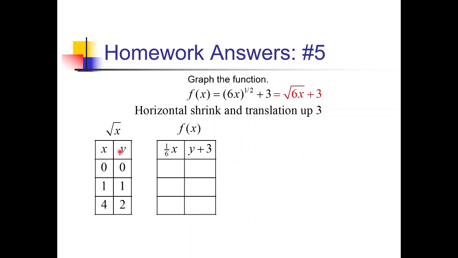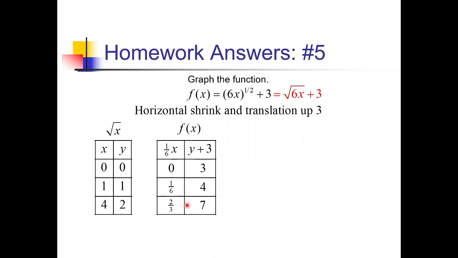So 1/6 times my x values, we've got 0. 1 becomes 1 over 6, or 0.17 if you want. And then 4 becomes 4 over 6, or 2/3. Adding 3 to my y values, 0, 1, and 2 are now becoming 3, 4, and